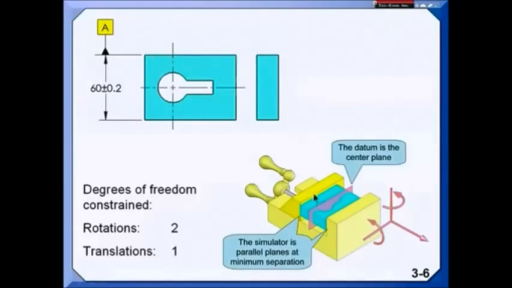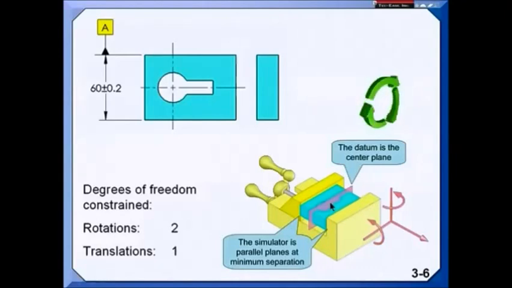In practical terms, it might be an inspection vise. And then by indicating off the faces of the jaws of the vise, I can determine where a center plane would be. And because we're establishing a plane, once again, I'm going to take away two rotations, so one will still be remaining. And you might say, wait, if I grab this in a vise, it can't spin like that. Well, don't count friction. Okay, so it could spin like that if you just made contact and didn't clamp down